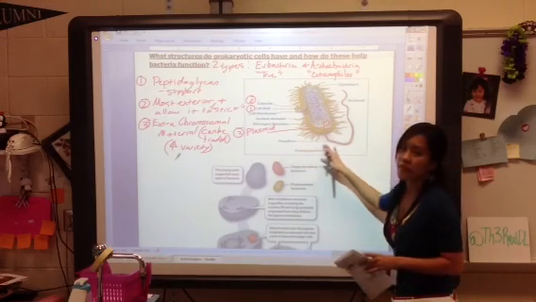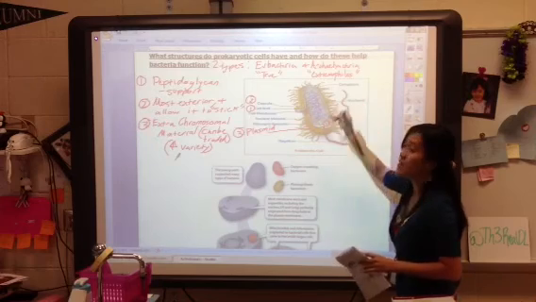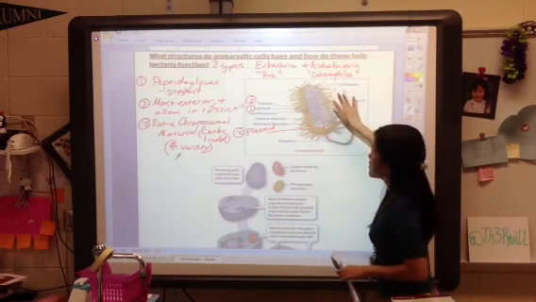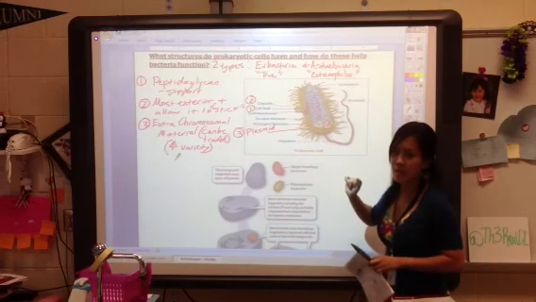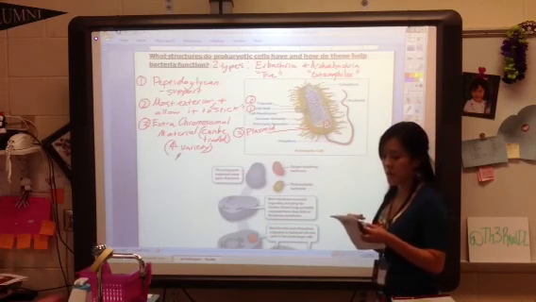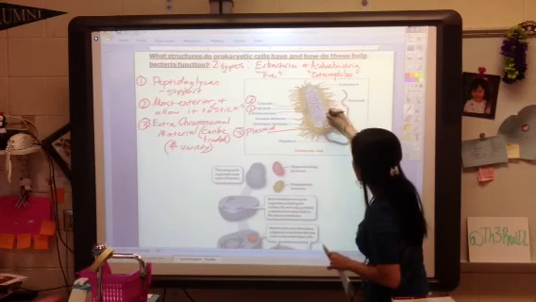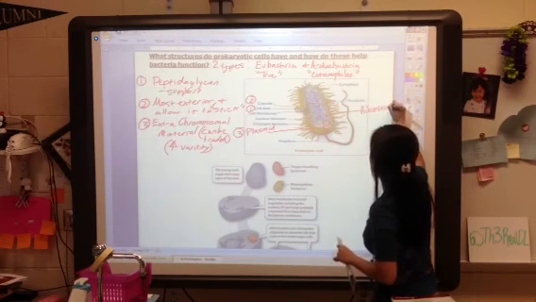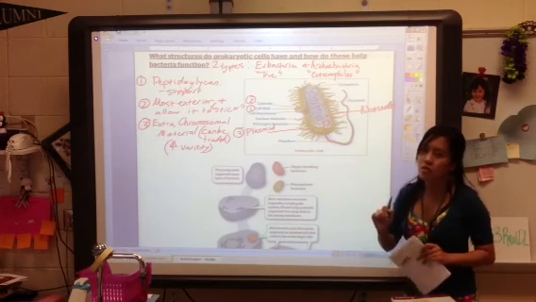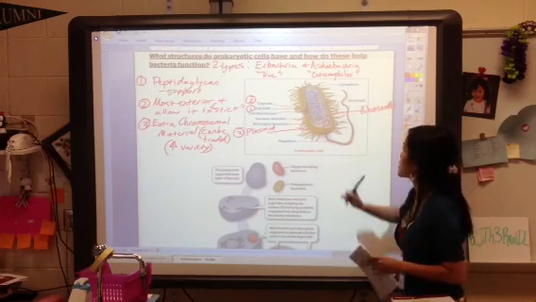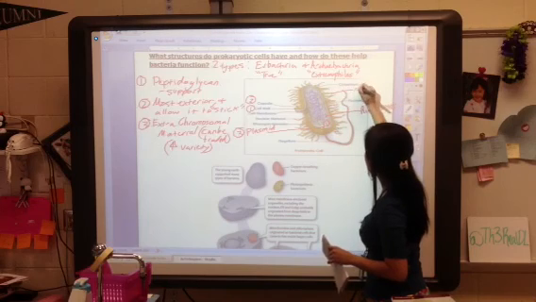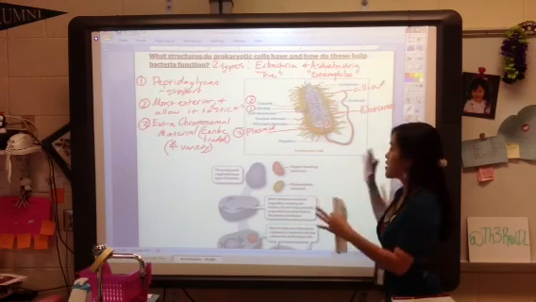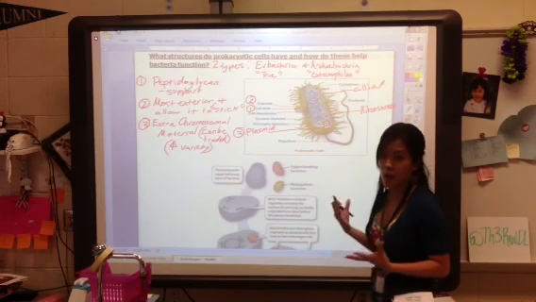Other structures here, the flagellum allows for more movement. Not all bacteria have it, but a lot do. Same thing with the cilia that you see on the outside of the cell. Also allows for the movement of the cell. Inside here, we also have ribosomes that allow us to make proteins. Nucleoid, which is the region. Cytoplasm, which is the liquid inside of the cell. Okay? So that's our basic covering of our prokaryotic